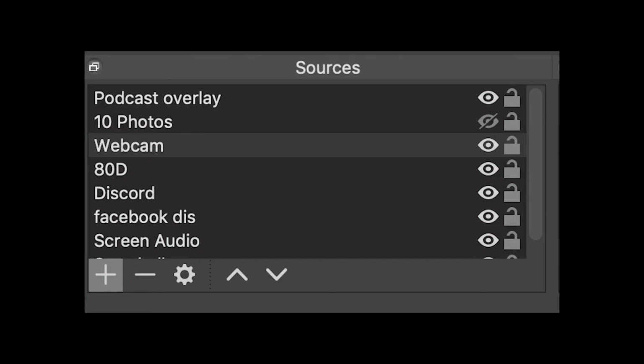For mine, what I usually have is the podcast overlay itself, which will be my graphic that I always use, a PNG, and I cut out two sections to use for the screens. And then using both the video capture devices, I can then add my webcam, either my actual webcam like I'm using right now,